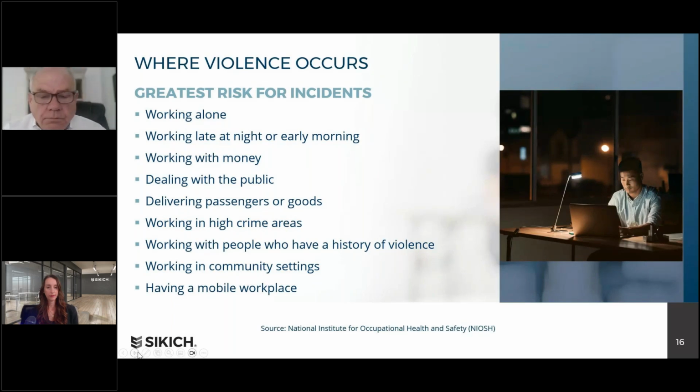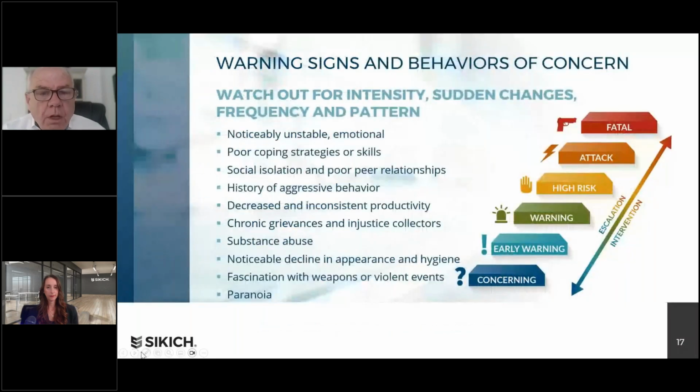So, there are warning signs. And think about this. I'm a member of the Association of Threat Assessment Professionals, as our entire team is, and there are best practices. It's referred to by a variety of terms: pathway to violence or escalating behaviors. And really, a typical workforce should recognize these warning signs and sudden changes in frequency and pattern, noticeably unstable